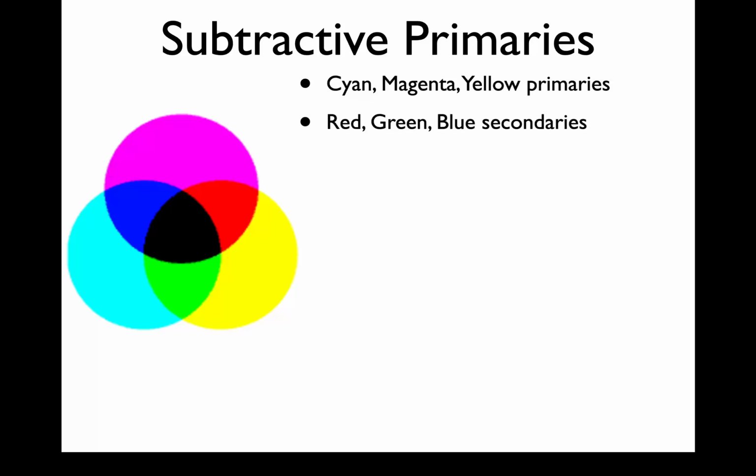You can see red, green, and blue are the secondaries. So when you combine yellow and magenta ink, you get red. When you combine cyan and yellow, you get green. When you combine magenta and cyan, you get blue. In theory, if you combine all of these together in equal parts at their maximum intensity, you should have black,